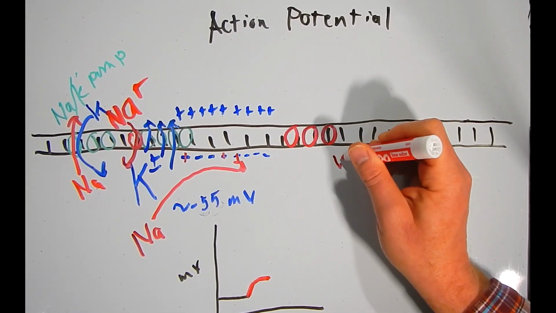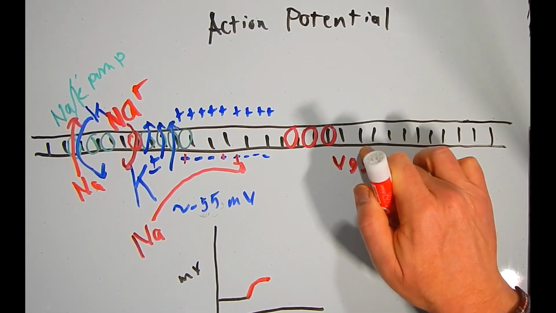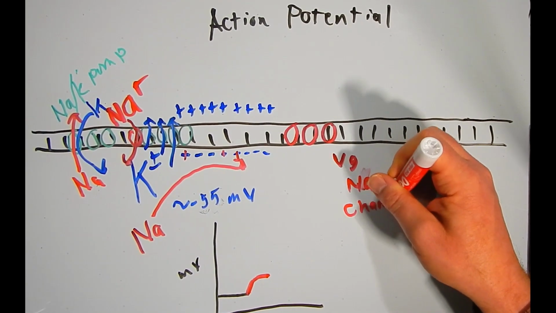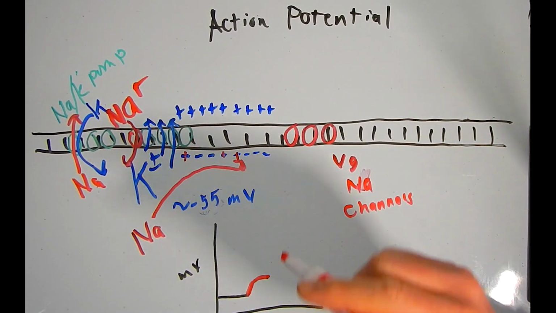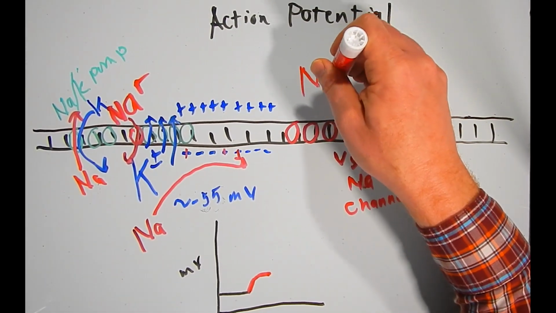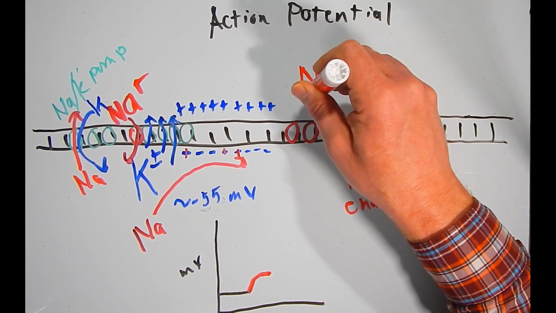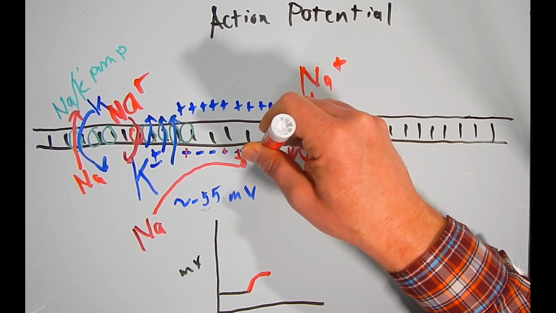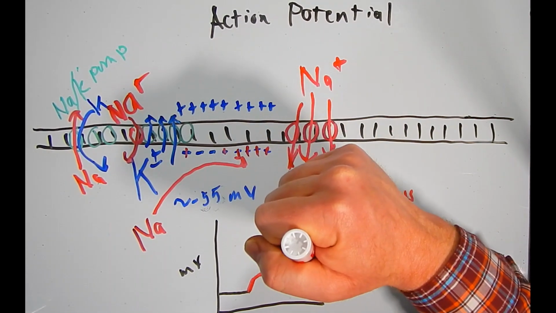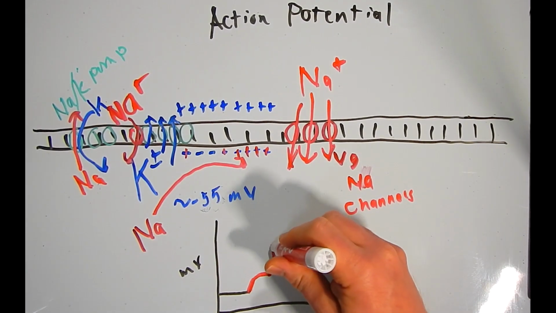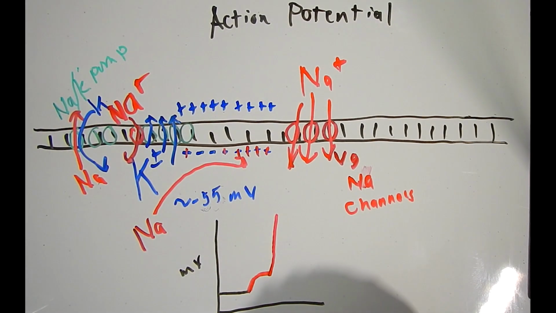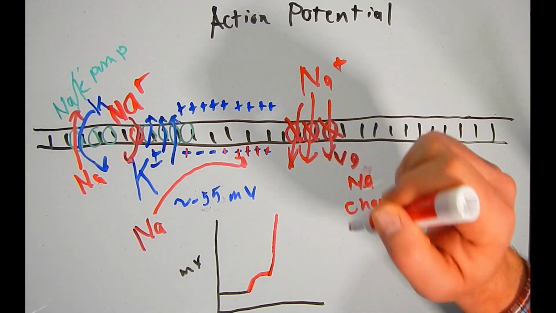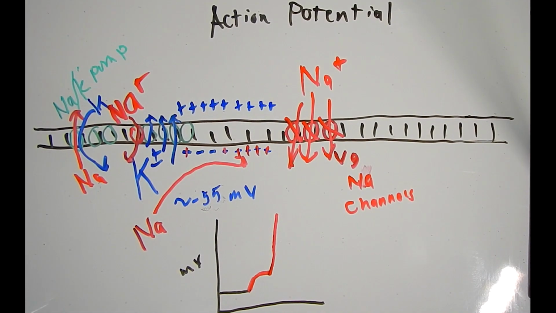for our voltage-gated sodium channels. That allows the high concentration of sodium that's outside the cell to come pouring in. As it pours in, it definitely cancels out much of that negative charge. As a result, you have the rising limb. However, those channels then very quickly clog, while at the same time